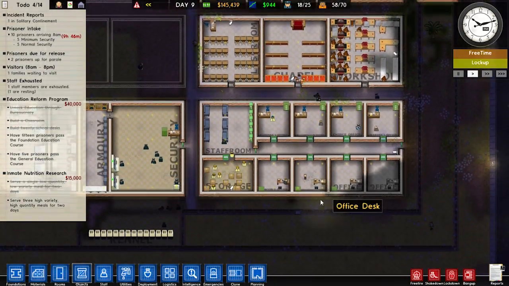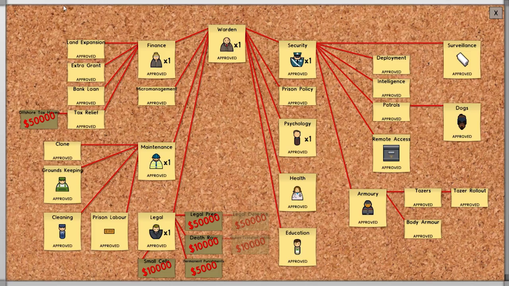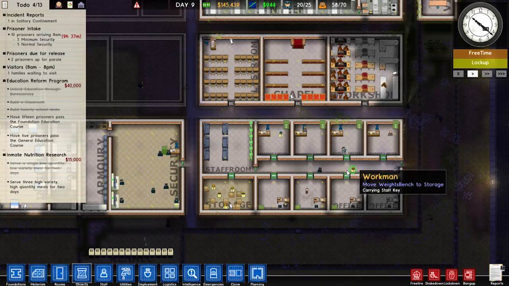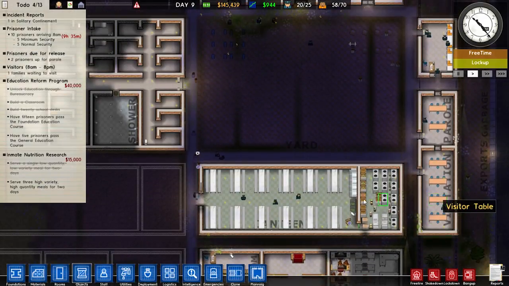Now we probably have a bunch of grants completing. Not grants, researches. Let's check our bureaucracy page. Yeah, we have basically everything we want right now. I don't think we want any of this stuff just yet. Death row is something we most likely will look into a little bit later, but for right now, let's get the main brunt of our prison